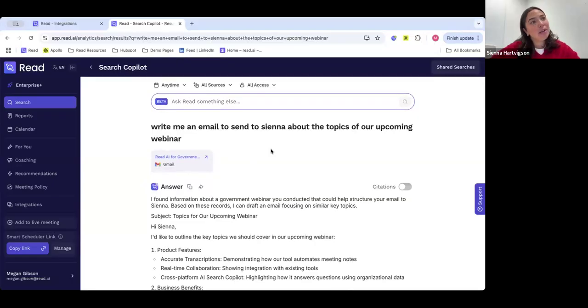I remember Rob, our CTO, the other day sent something in Slack and I couldn't find it. I knew digging through Slack would take me ages. So I'm pretty sure I just straight up asked Search Copilot, what did Rob send in the Slack the other day about XYZ? And it was able to pull it up. Then it also matched it with other email threads that I had that didn't necessarily even include Rob, but were still relevant to the subject.